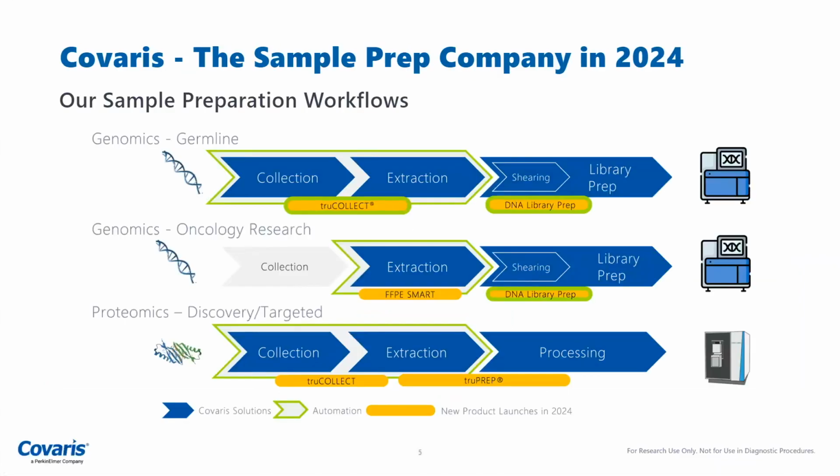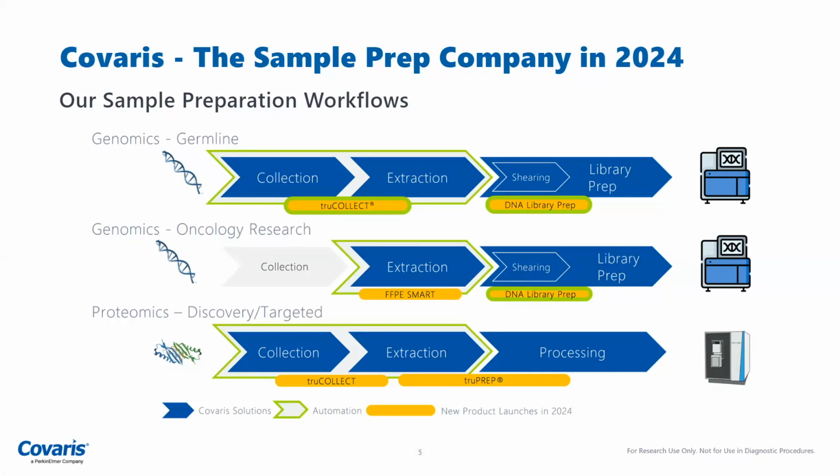This diagram illustrates the crux of our workflows from sample to detection, focusing on germline, somatic oncology, and proteomics workflows, pinpointing the area in yellow where we are building not just products, but solutions. The blue arrows represent the components of the workflows that go from sample to analytics, divided into a simplified view of generic lab processes. To this audience, I would like to focus on two novel Covaris solutions ready in late